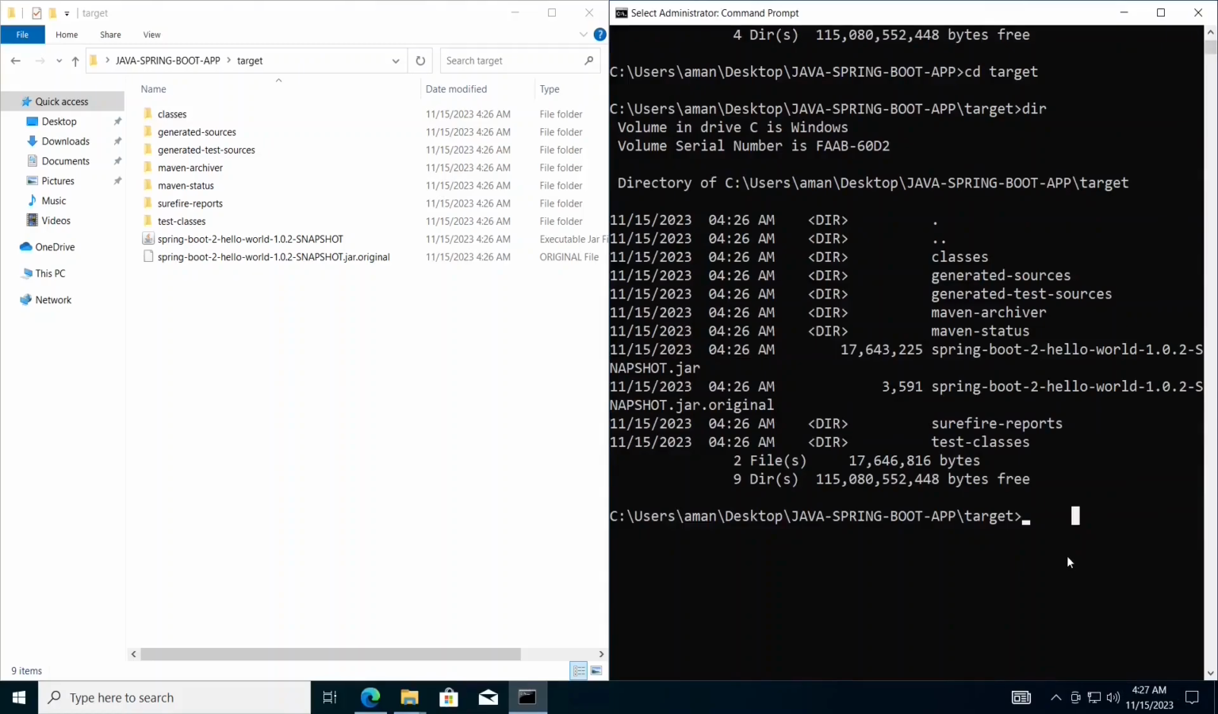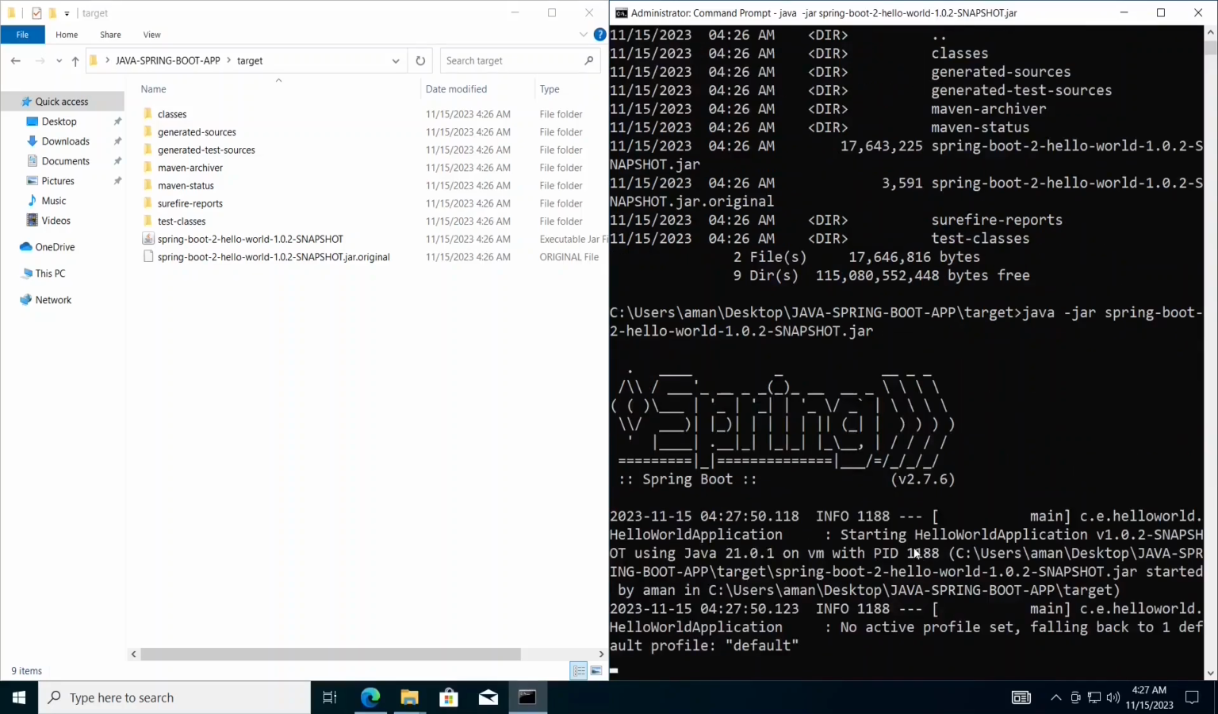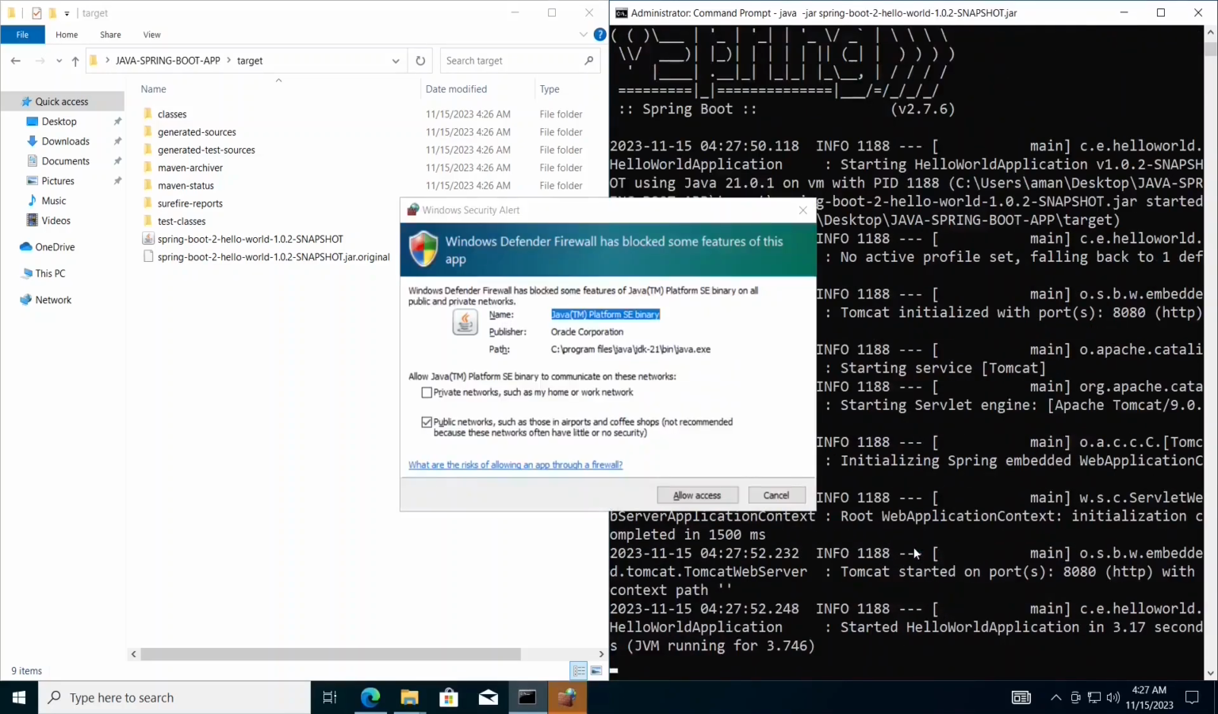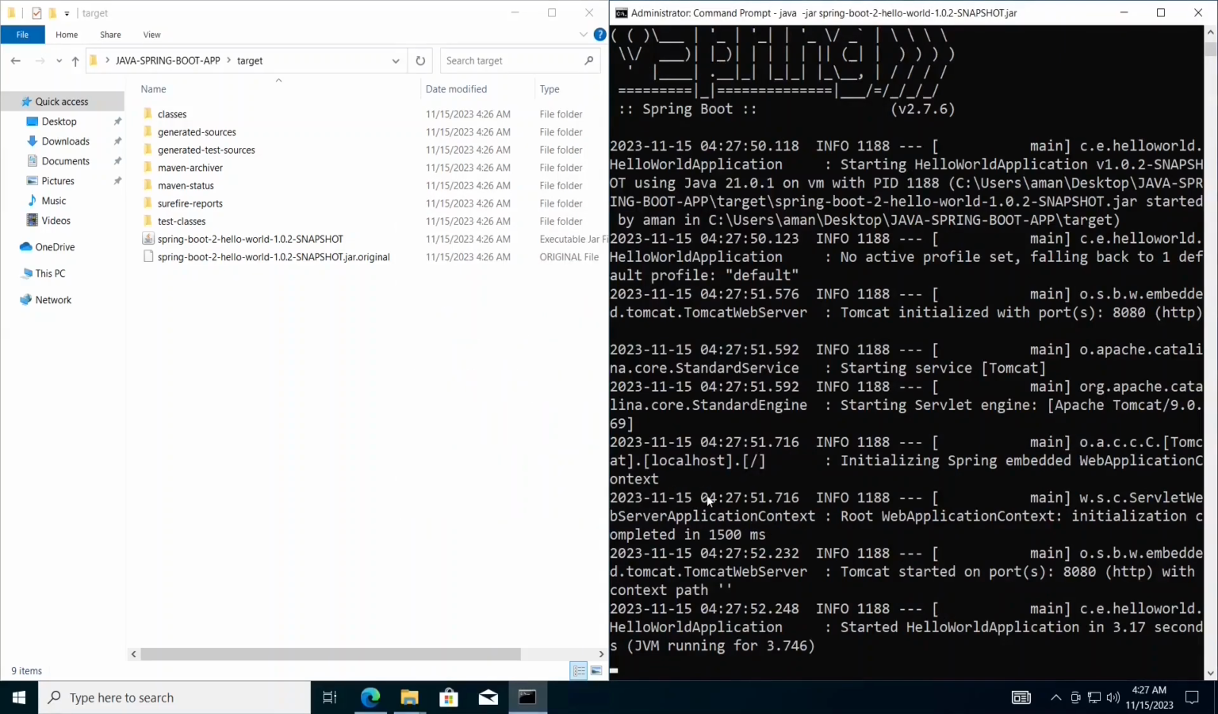Now we will run the command to run this jar file. The command to run this jar file is java -jar and the Spring Boot snapshot.jar file. Click on enter. Now you can see our Spring Boot is running. Click on allow access. So you can see it is saying that the application has been started on port